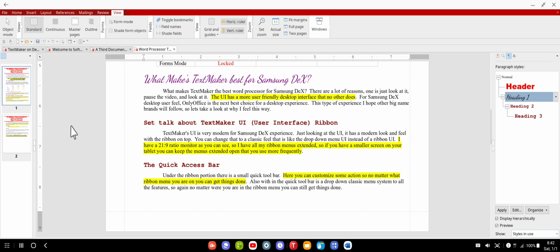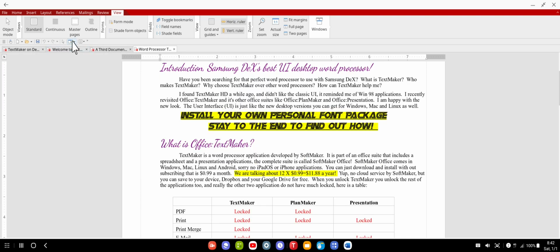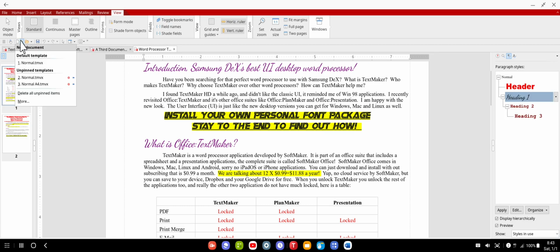So that's the ribbon. Underneath the ribbon is the quick access bar. That's this here, where you can save. So no matter where you are on your ribbon, you have functionality of saving, undo, redo, show sidebars or don't show the sidebar, and new document. And this little menu icon here